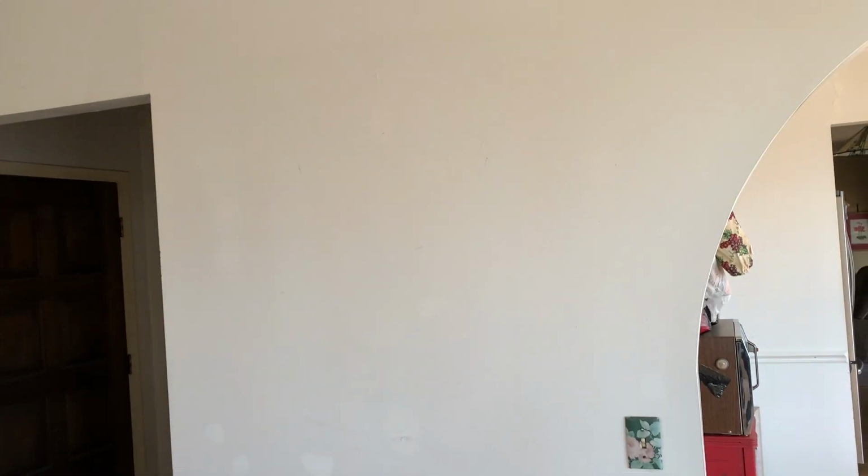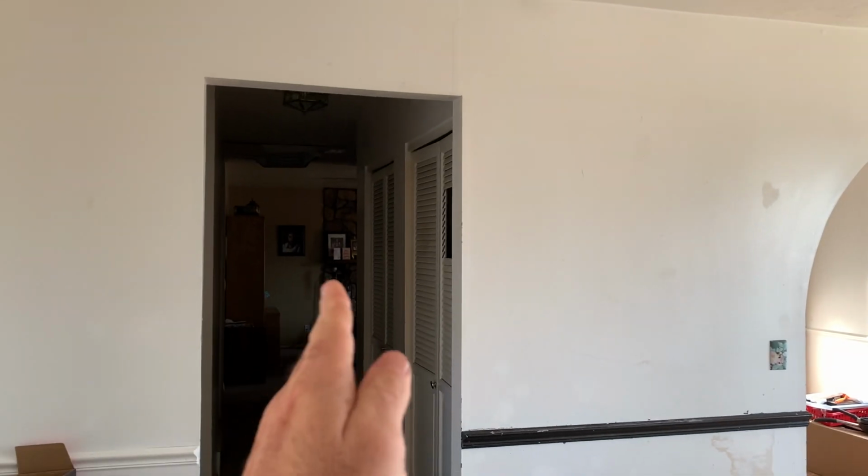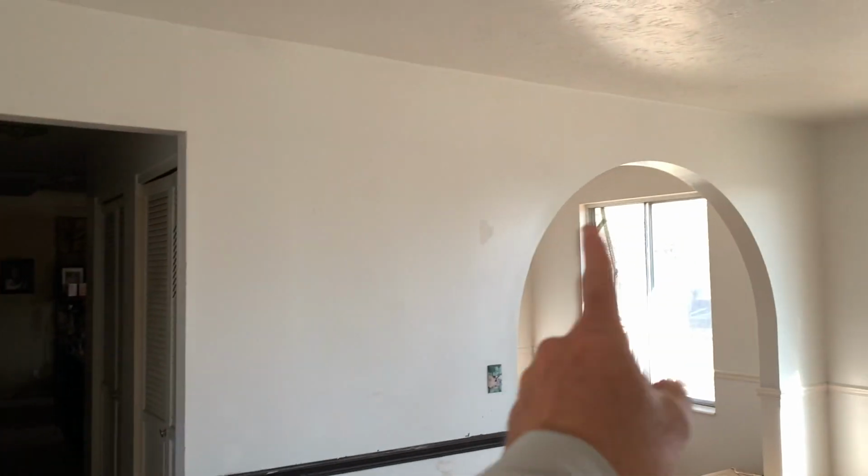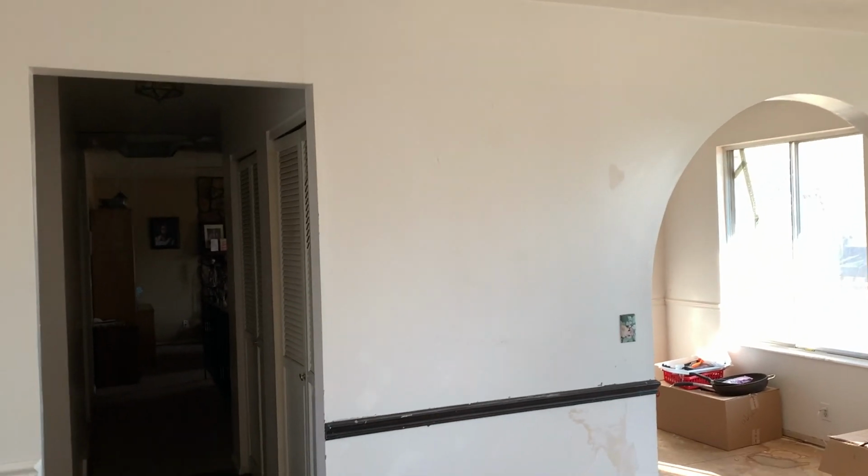support, like weight bearing wall, and I was told that these trusses that this house is built with is good, and you don't need a weight bearing wall. If that's true, gone. Closets gone, archway gone, this whole wall, everything gone, and remodeled from basically this wall